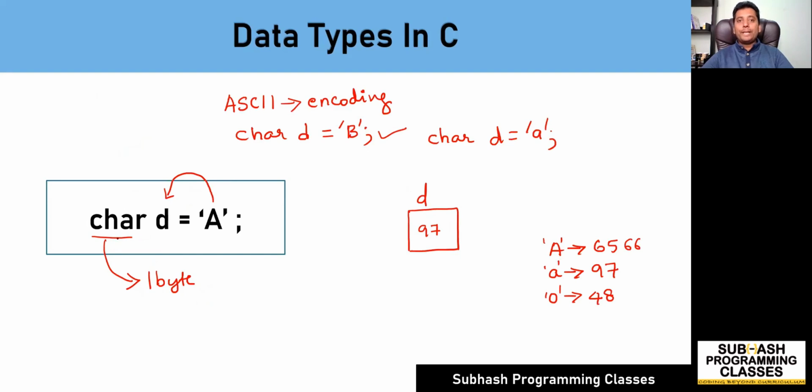Char is used for representing character constants. If you create a variable out of your char data type, then the amount of memory allocated for the variable represented by char data type is 1 byte. And what gets stored into the memory location of a character variable is not the character itself, rather the ASCII value corresponding to that particular character. Having said that, I hope you learned about data types in C language.